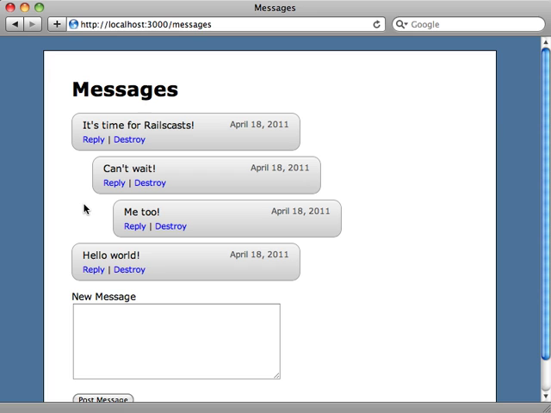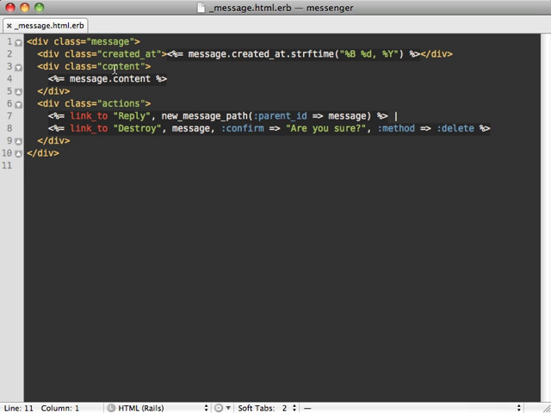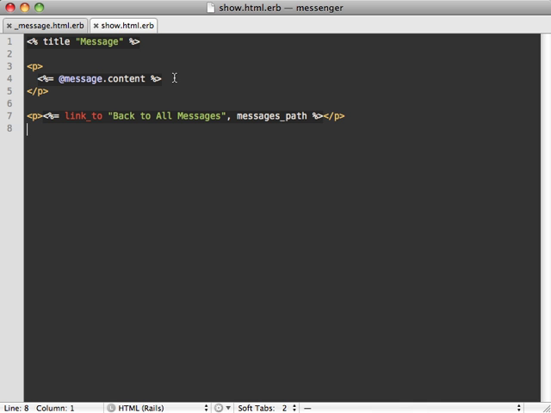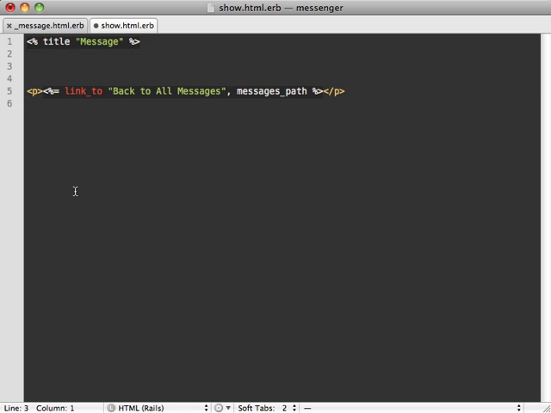Looks great. To finish this up, let's add one more feature, and that is, if you click on a message, it should focus on that message specifically and show the thread there as well. So what we could do is where we're displaying our message content here, we could just make this a link and just have it go directly to our message show action. And then we can go inside the show action template, and currently it's just a basic scaffolding template. And so what we want to do inside of here is actually render our nested messages, because we want to show